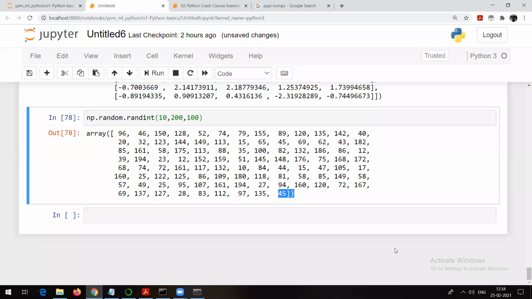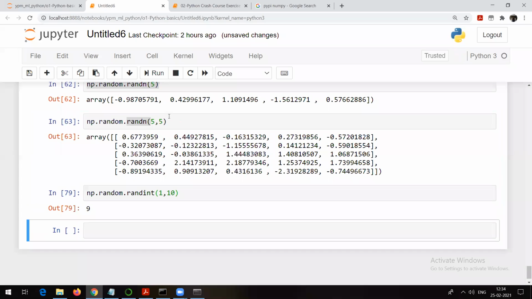Sharav is asking, what if we want a random integer from 1 to 10 but not 6? For that you need to write a custom code, Sharav. But still you can get the random values from 1 to 10, like this, 1 to 10. This will give you a random value from 1 to 10. But if you do not want 6, for that you can write a custom code. Is it clear, Sharav?